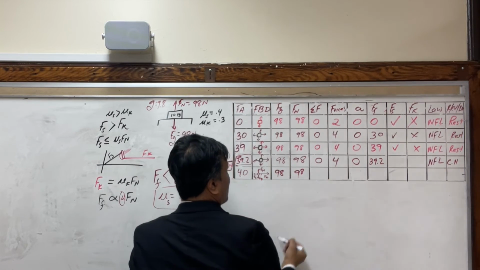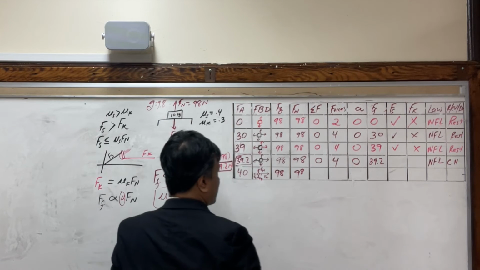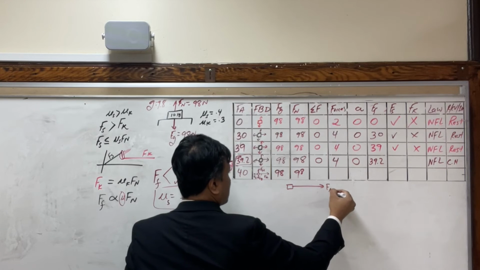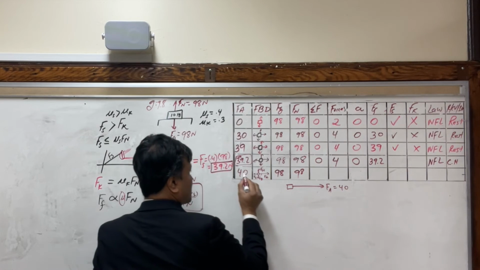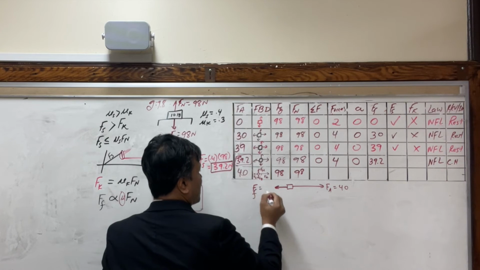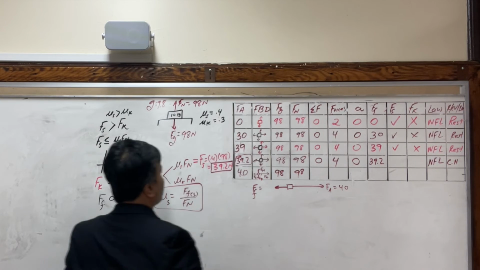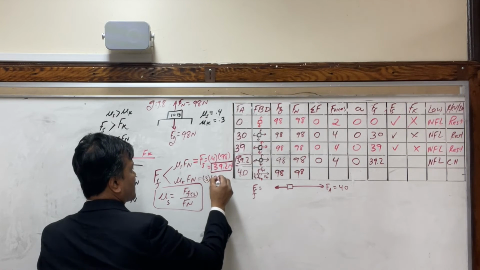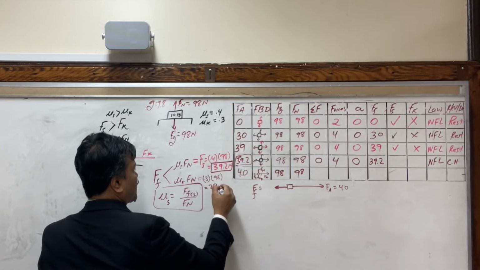Okay, let's find the net force. To find the net force, we're going to have to write 40. Where does the 40 come from? Here we have to write FF. How much is the FF? Well, FF is mu k times normal force,